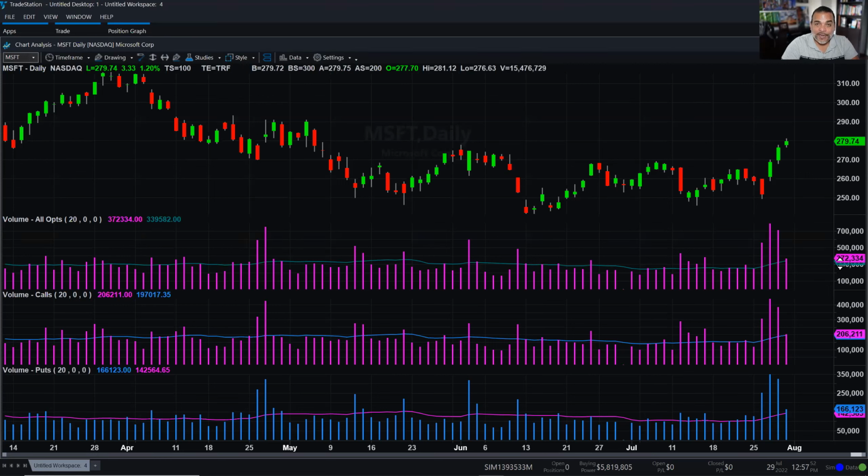Now, if we want to split that up into puts and calls, just to have a look inside the bias of the market, are they trading more puts or are they trading more calls? If you look at that volume split up, you can see that calls are right here at 206,000, and then you have puts down here at 166,000. So yes, today there's more trades on calls than there are puts. Is that telling you something about the market? Well,